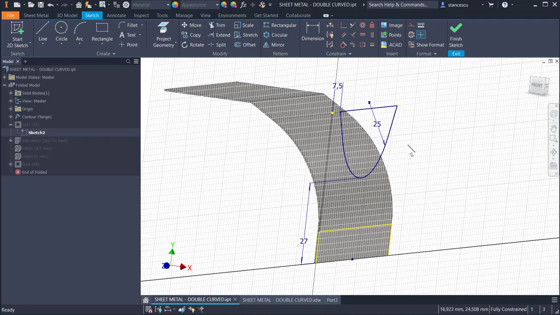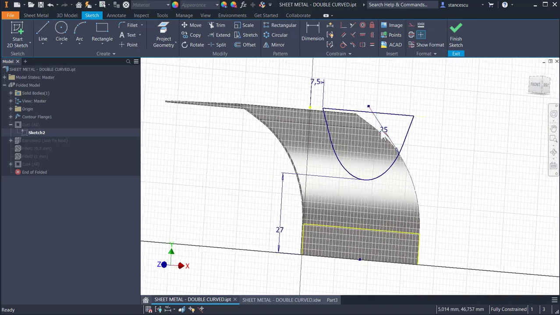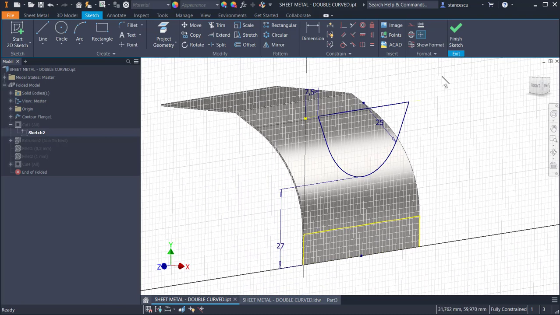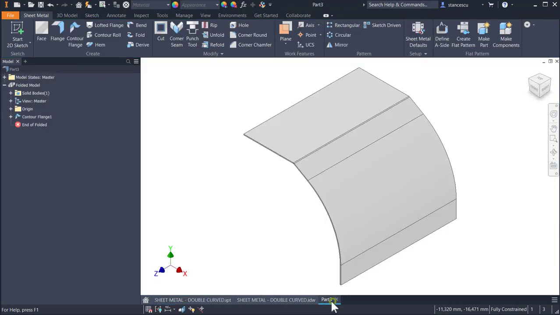Yes, this one, with 3 dimensions, 25, 7.5 and 27. Let's make this sketch. This face,